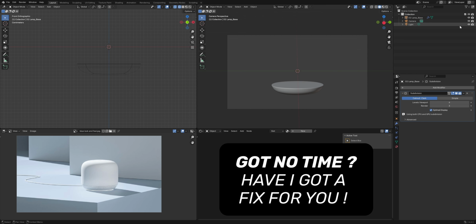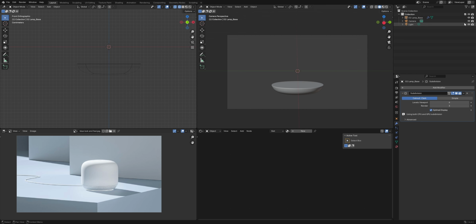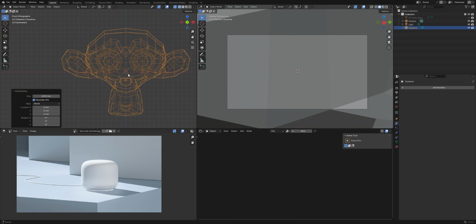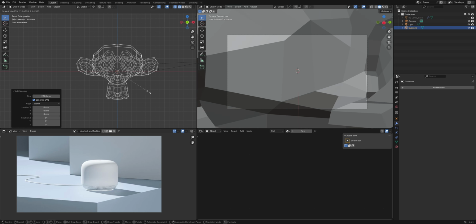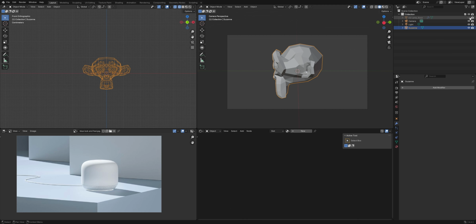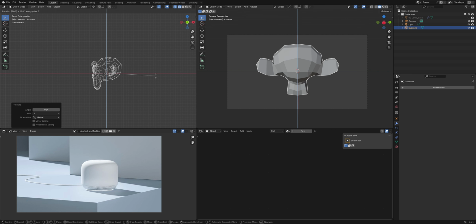Well, let's imagine you have no time or no inspiration at all. So, hey, have I got a fix for you? It's called Monkey or Suzanne. This is a basic primitive and we're gonna repurpose it into a lamp. To do so, I'm going to pick the reference, which is going to be our lamp base, to adjust the